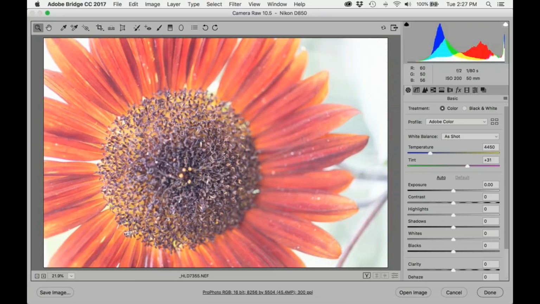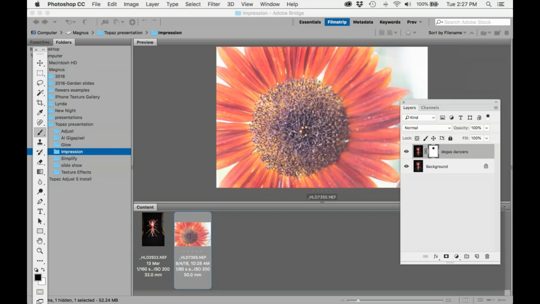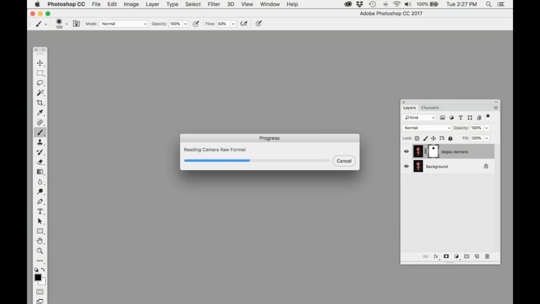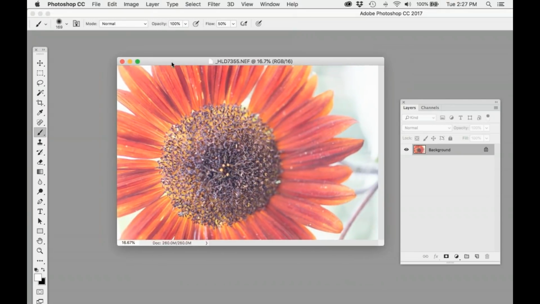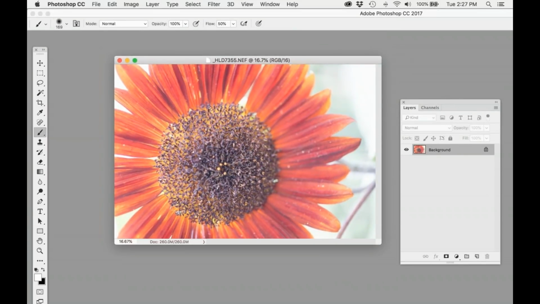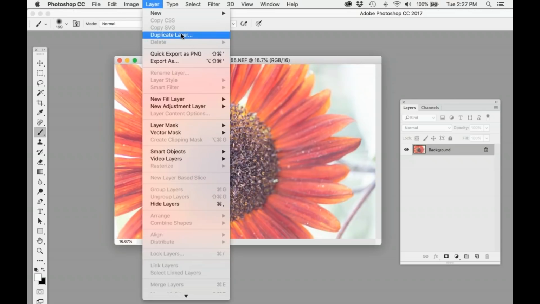Here's another one that you can see is right out of the box. My thought with this image is that I'd like to keep the center of this cone flower fairly sharp, but make the petals more impressionistic. So the contrast would be between the petals, which are already not totally sharp, and the center, which is pretty sharp. The camera must have been pretty up close to the center of this cone flower. So I go Layer, Duplicate Layer,